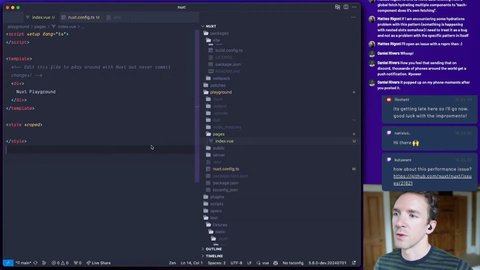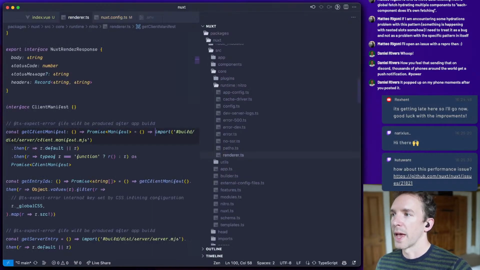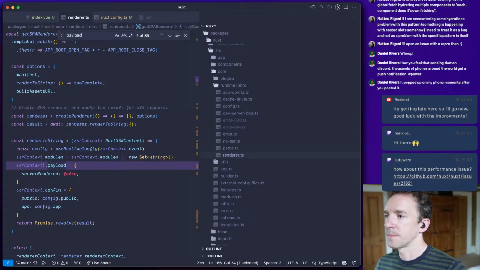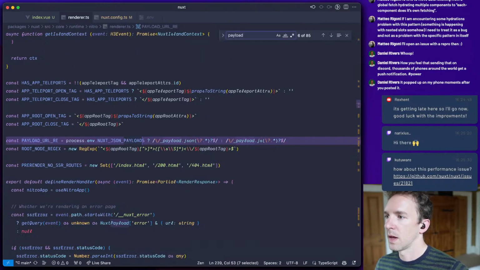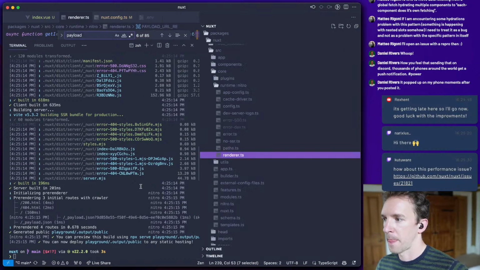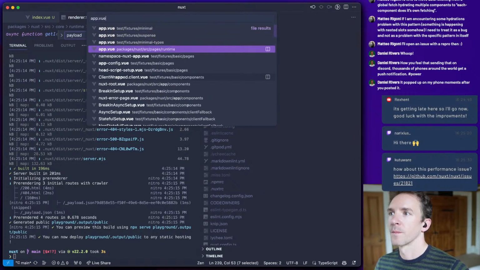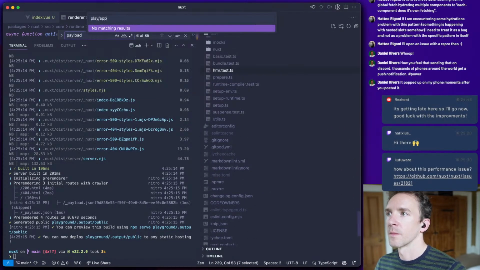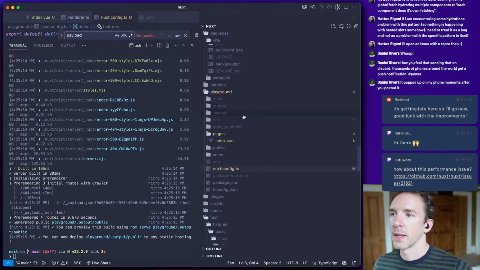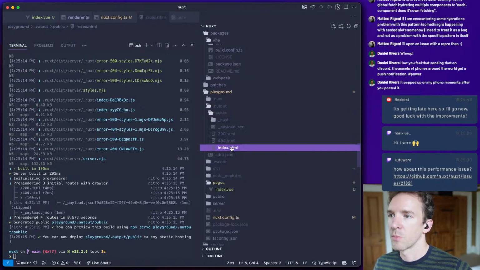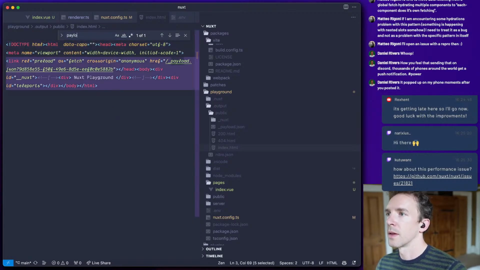But first, this is also a very quick bug, I think, to resolve. So in our renderer, we add payload links. They are present here.